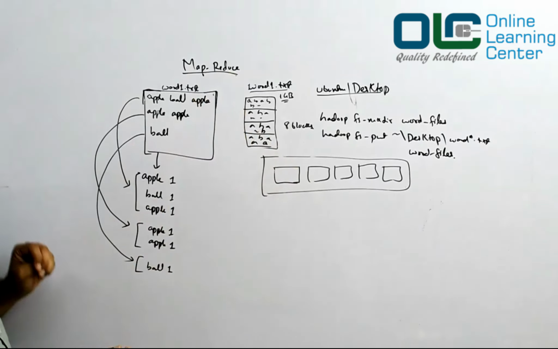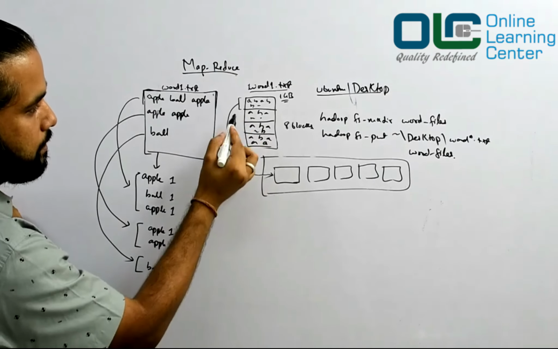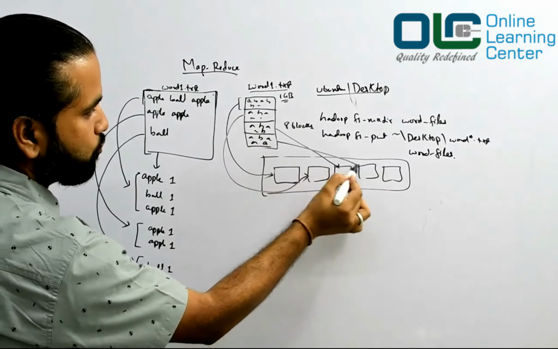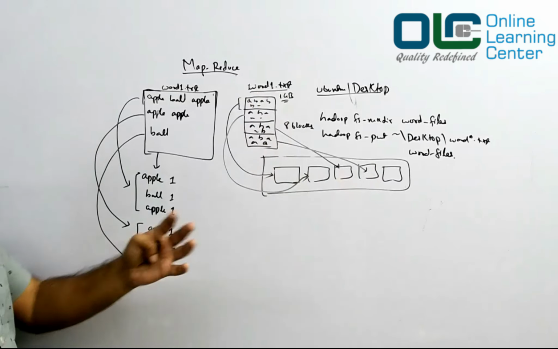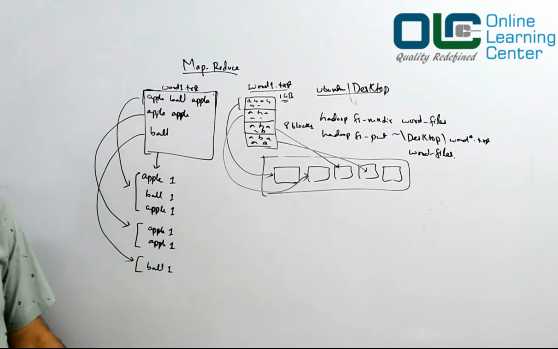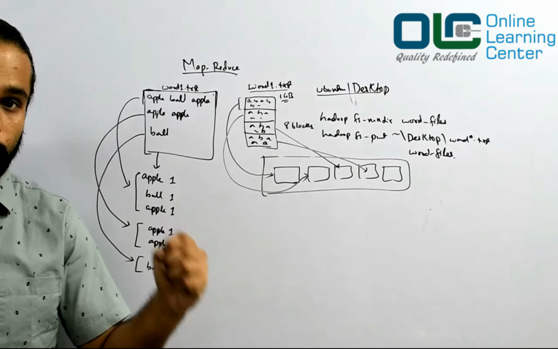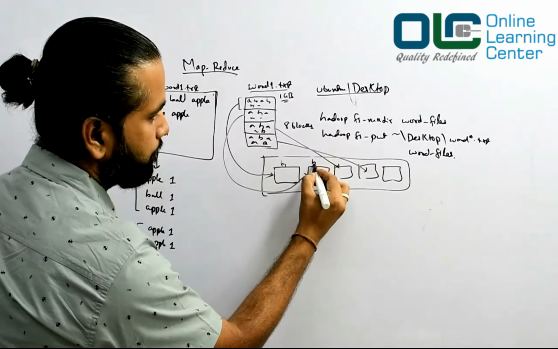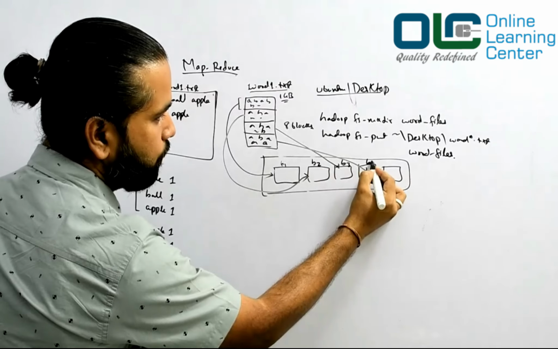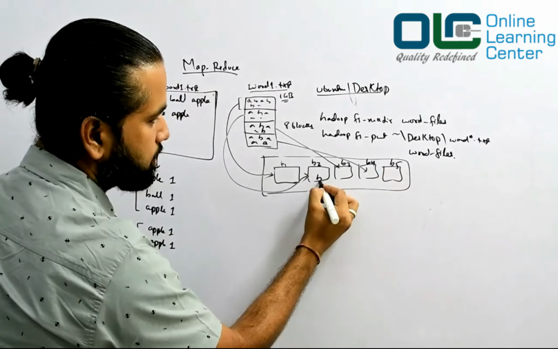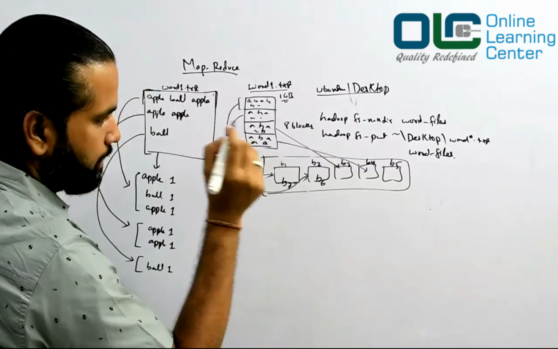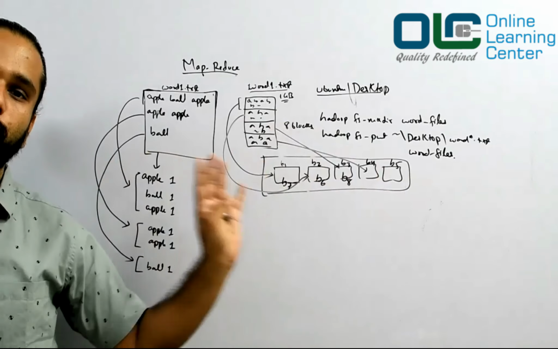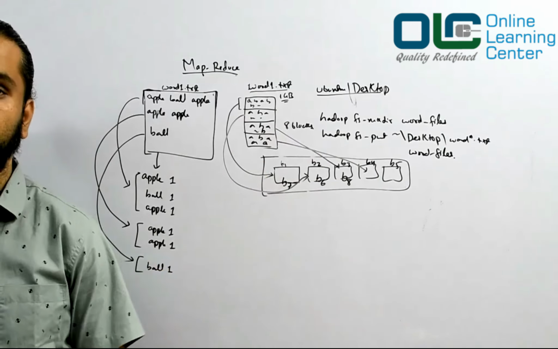Likewise, the file would be there, and this piece would be here, this piece would be here, this piece would be here, and so on. This whole 8 blocks would be divided across these 5 machines. Now, when you are running your program, let's assume block 1 is here, block 2 is here, block 3 is here, block 4 is here, block 5 is here, block 6 is here, block 7 is here, and block 8 is here. So you had 8 blocks, and all these blocks are distributed in this way. I'm not talking about replications here.